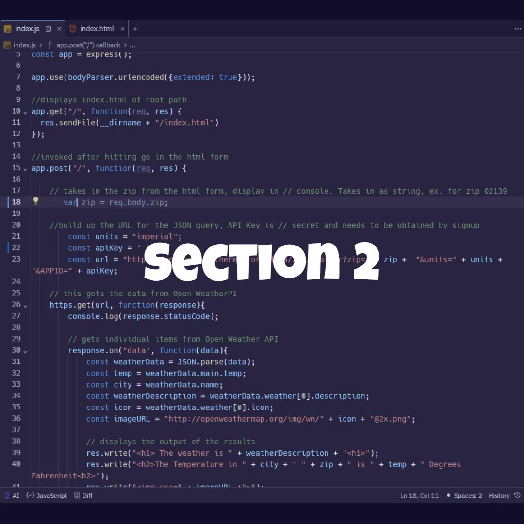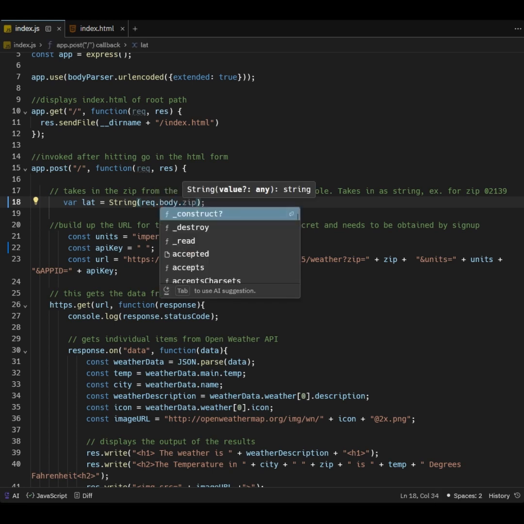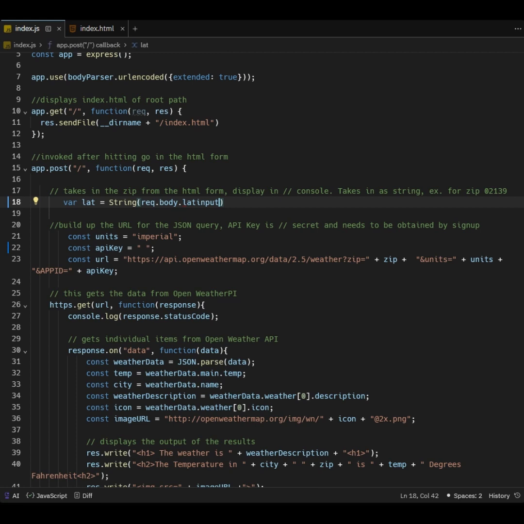Next, we need to create two variables for the latitude and longitude coordinates. The variables, lat and lon, store the input from the HTML form we created earlier in string format. The expression req.body.latInput corresponds to the data entered into the latitude input field of the form. Subsequently, the console.log(req.body.latInput) statement is utilized to output this latitude data to the console, typically for debugging or